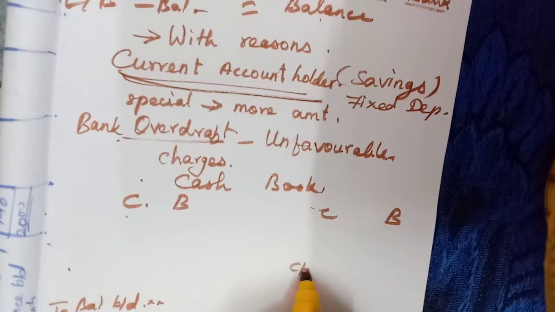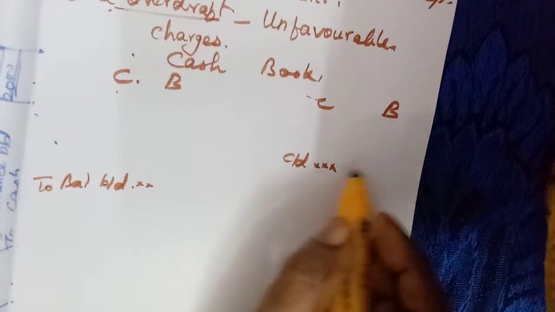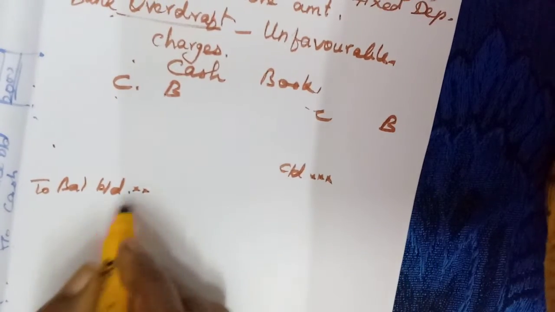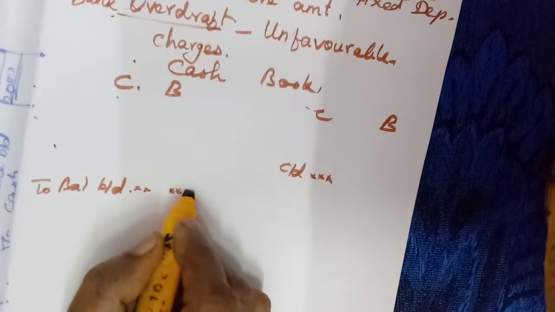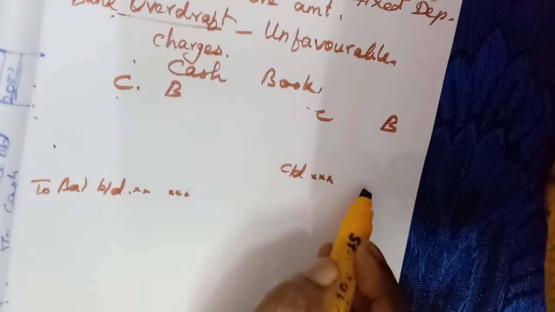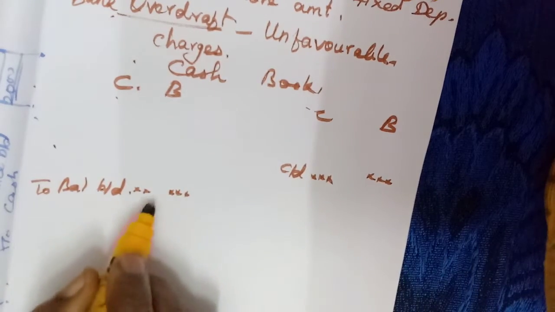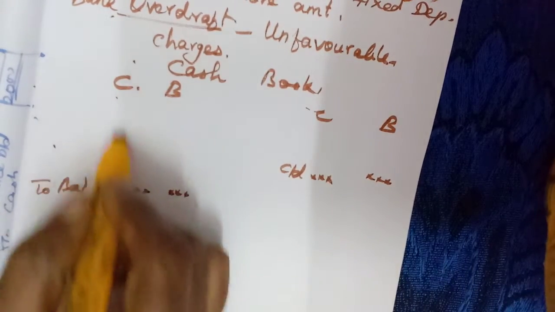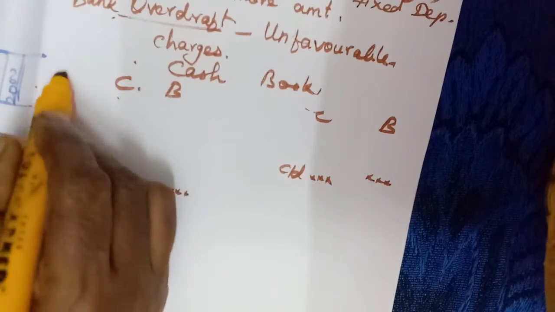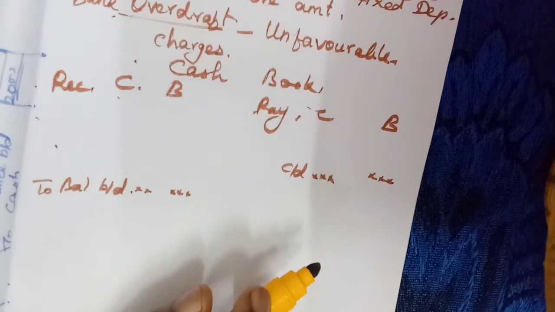Here carry down, cash column. But this bank column, usually we should have debit balance only. Debit balance means here we have more amount, here less amount, so we can write here. Debit balance means more debit side total, because all these are receipts, all these are payments, isn't it? So here we cannot have